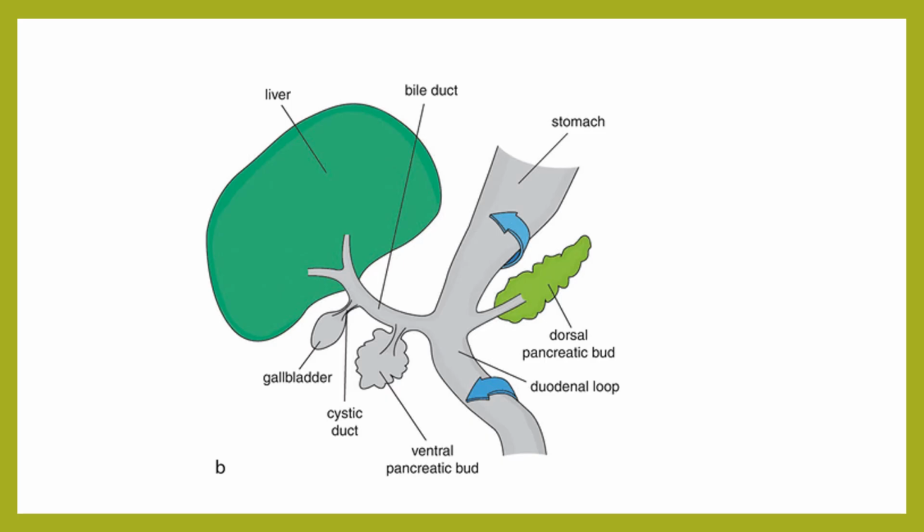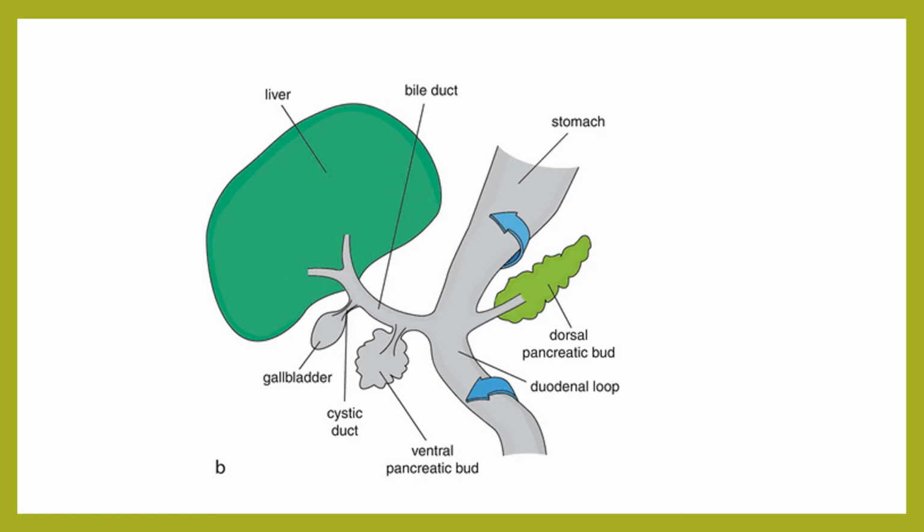So during the axial rotation of the second part of the duodenum, what happens? The bile duct conveys the ventral pancreatic bud into the posteromedial aspect of the duodenum. So that is, it takes the ventral pancreatic bud into the exact anal position, that is in the concave border of the duodenum. We can see this ventral pancreatic bud. So this is what is observed during the development of liver.